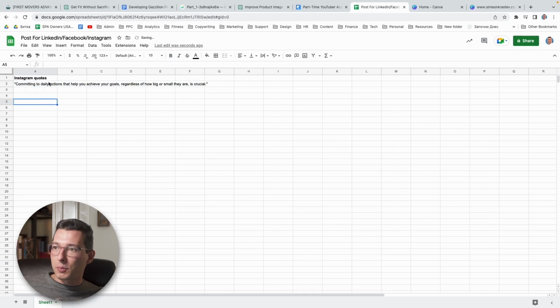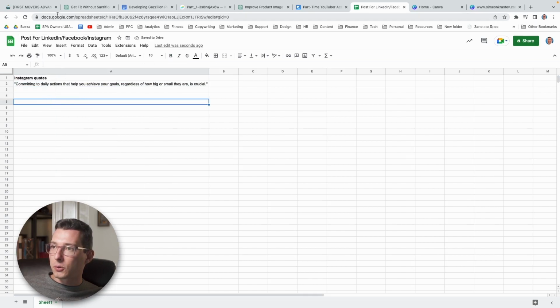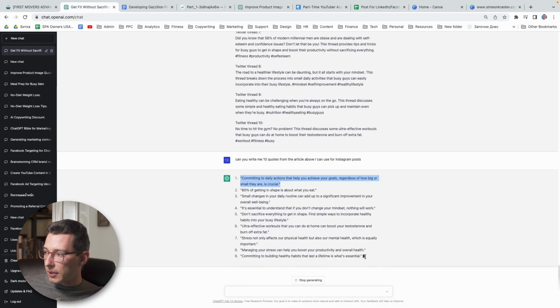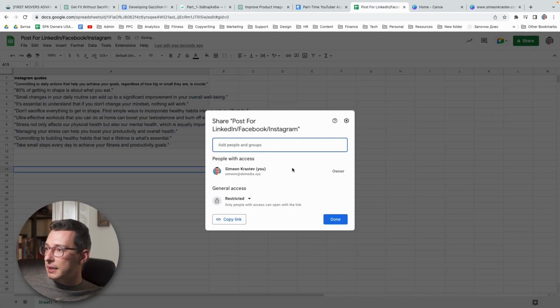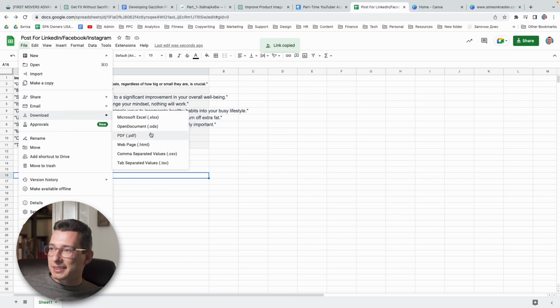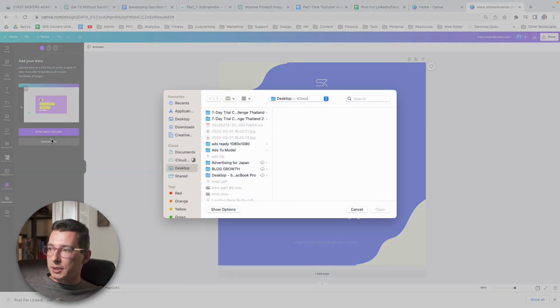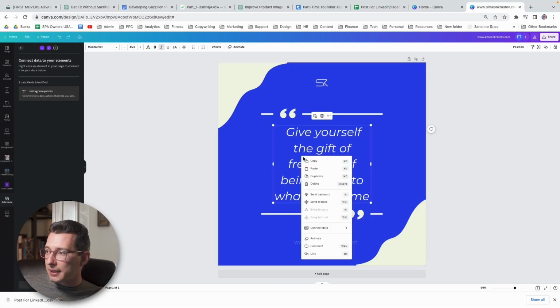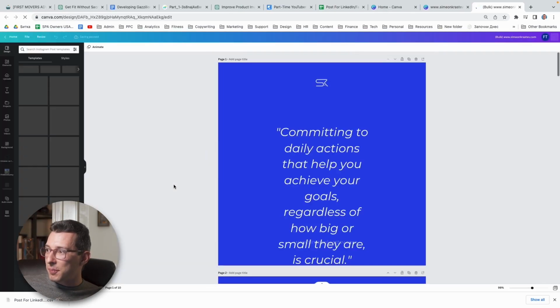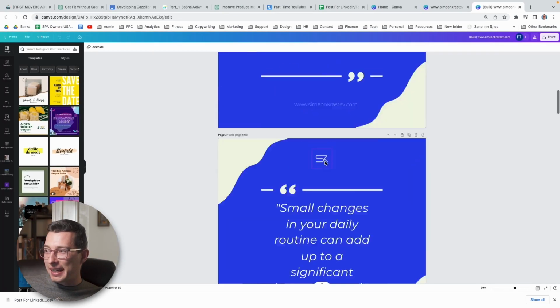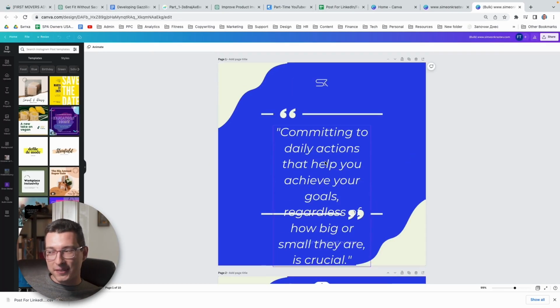We go and we post that into our Google Doc. So we go and grab the rest. Boom, and boom, we have it. So we copy that. We download as a CSV, and we just upload that CSV. Boom, right click, and there's connect data, Instagram quote, continue, and generate 10 pages. And voila, I have 10 quotes that I set throughout my video, already designed as graphics,